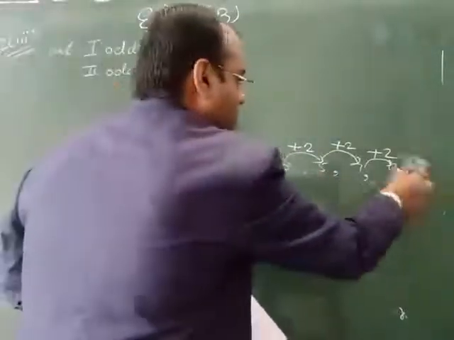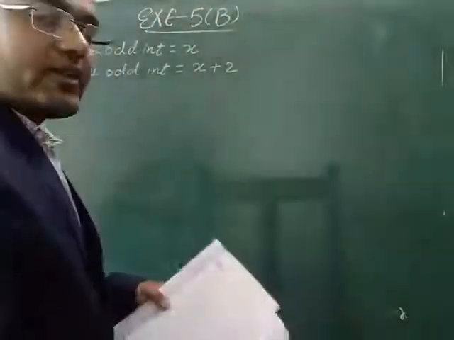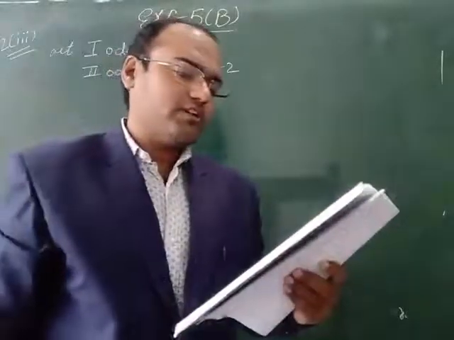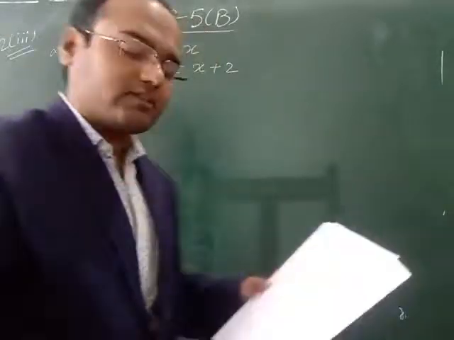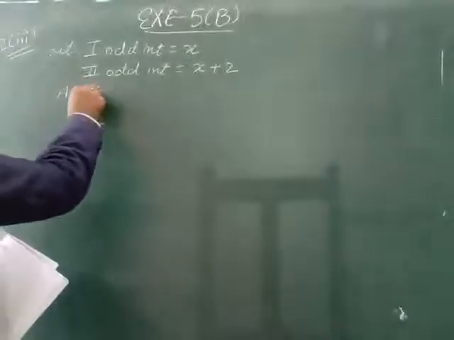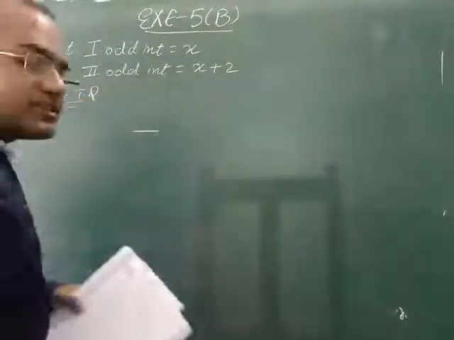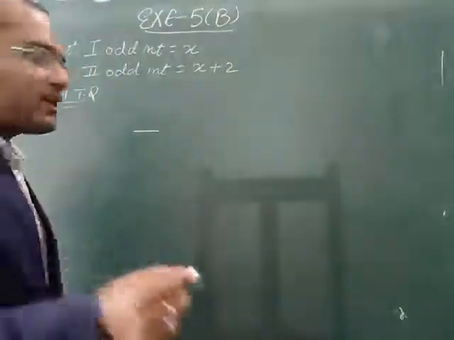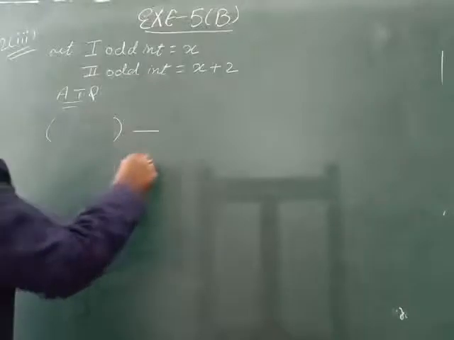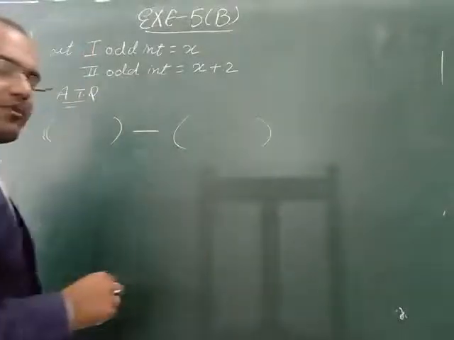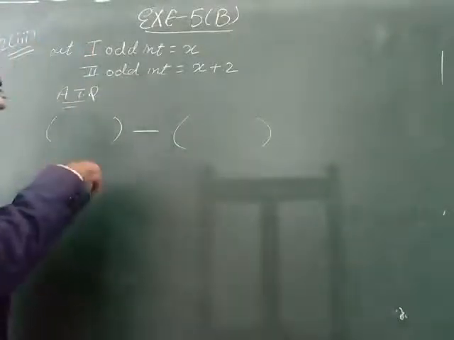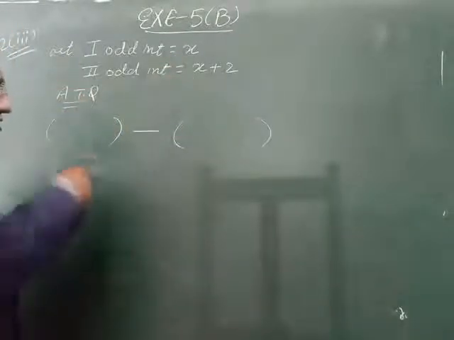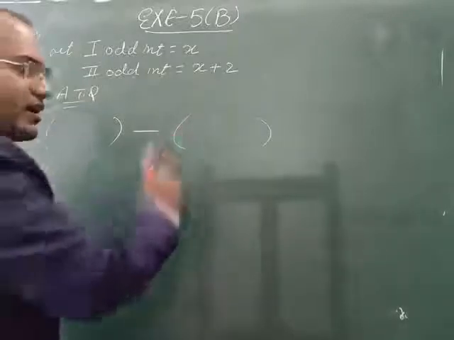Okay. So now here we have taken 2 odd integers: first one x and second x plus 2. And the question is the difference. First of all we write according to the question. Difference means minus. For difference, you know very well, the greater number we write first and the smaller number afterward. Difference means larger number minus smaller. So among them, which one is larger? The second one is larger. So here we write the second one first and the first one after.